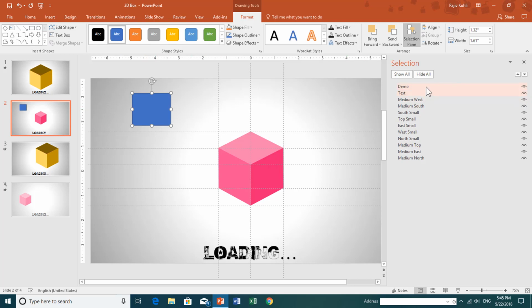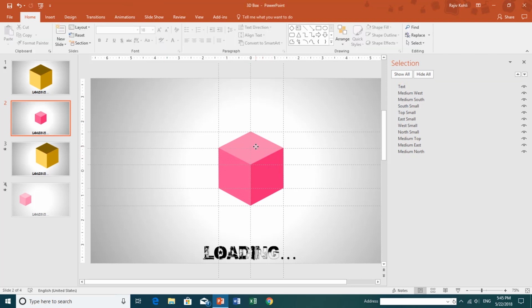The Selection Pane is very helpful. You can see my video on the Selection Pane, and you will learn a lot of things that can be done through it. It makes it easier to manage multiple objects on your slide.